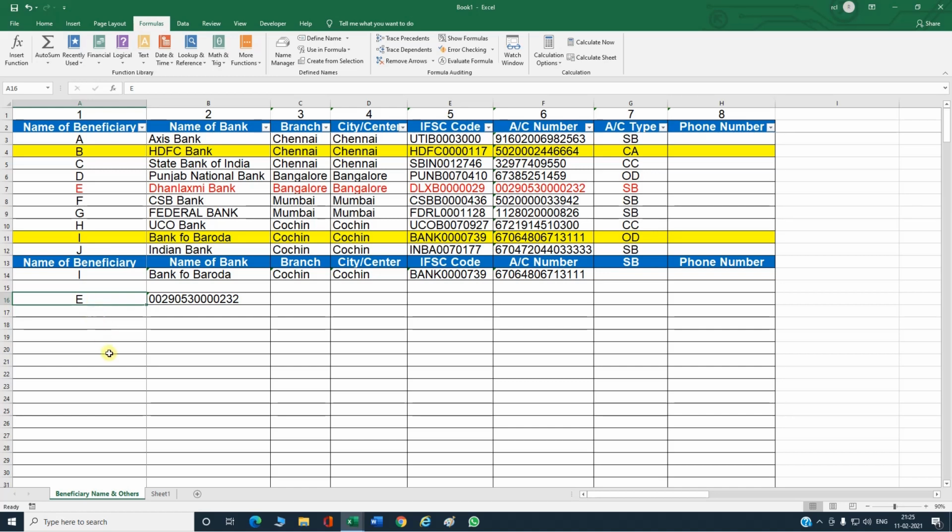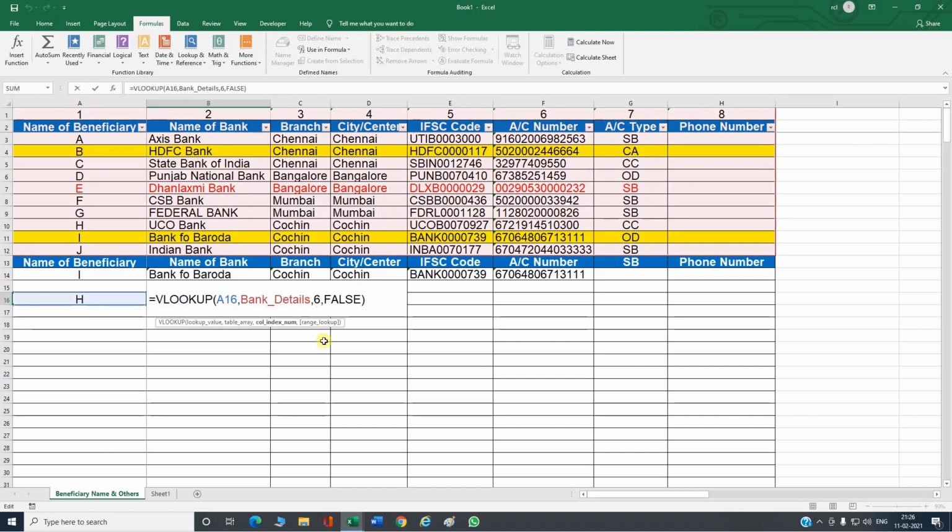Here in the data table, the first column will have our lookup value details. If here I am entering this number instead of the name, there is no result, because it is looking in the first column of the table, to the right of the table, for the name of the person. Now I am entering the name here. The UCO Bank will be shown here. Now it is showing the account number because we have given the column index number as 6. Here I am giving the column number 2. Now it is showing the UCO Bank. This is the first limitation.